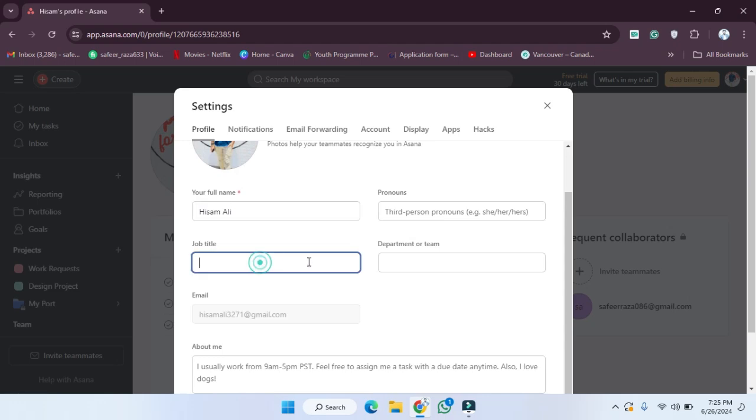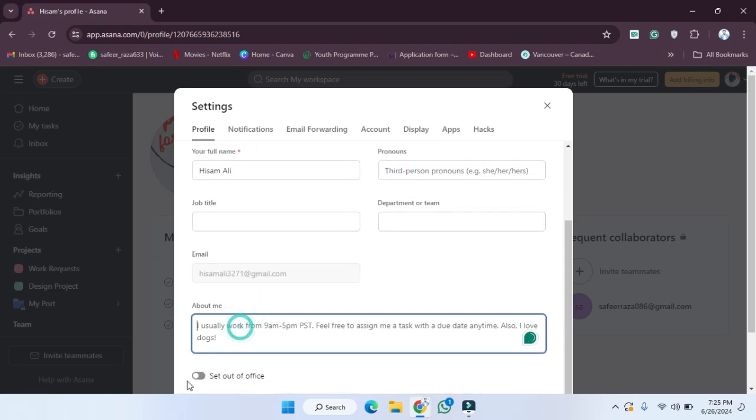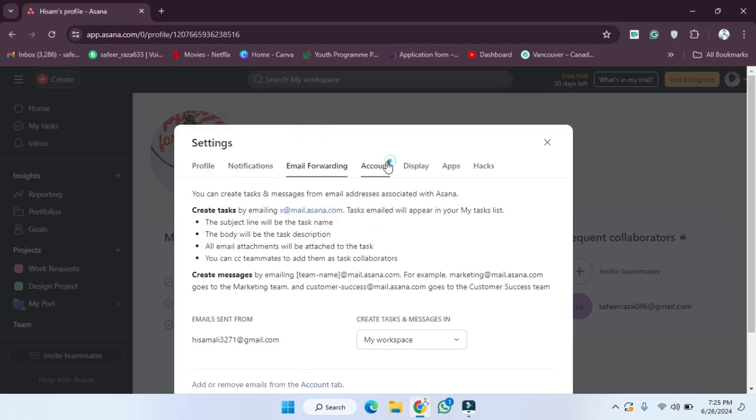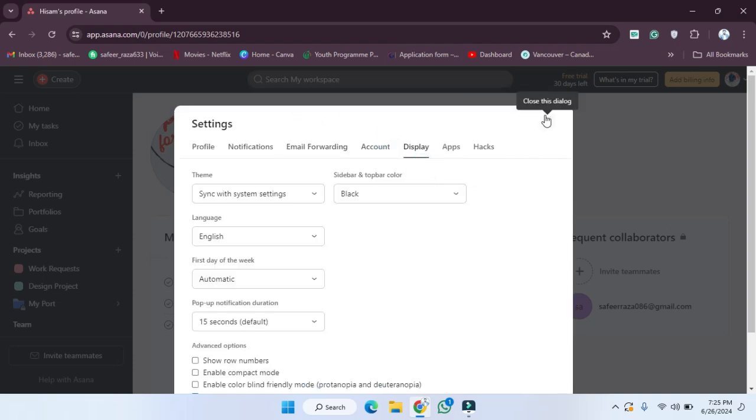As you can see, now you can write job title, department, team, pronouns, and email, about profile section, status, outline. You can manage each and everything here: notification, email, account, display, each and everything. So in this way, you can manage your